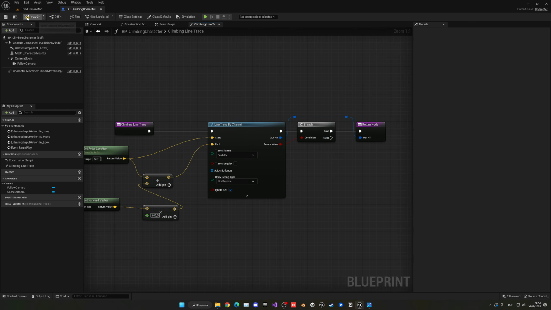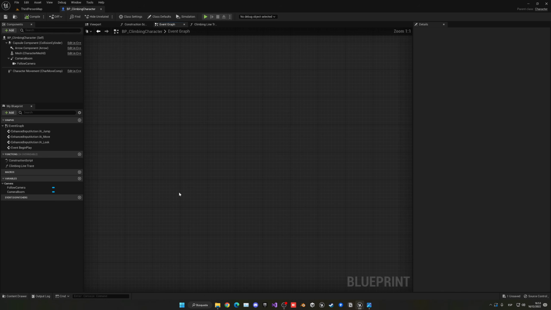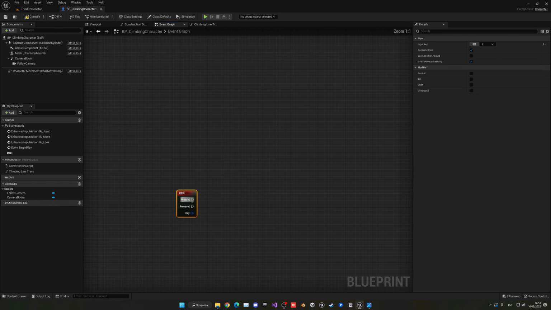So now we have our line trace to be able to climb into things. Okay, so now what we're going to do is be able to actually climb into things if we actually grab it. So what I'm going to do is go into a zone over here, for example up, and let's say that I want to grab with the E key. So let me get the E key over here. Let's go down here, this, and what I'm going to do is that when we press it, we're gonna go